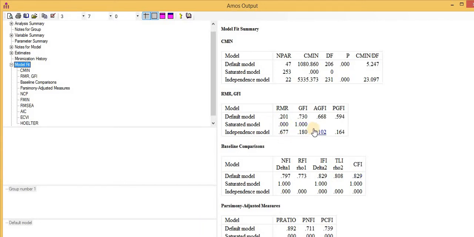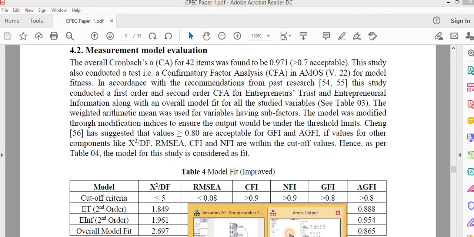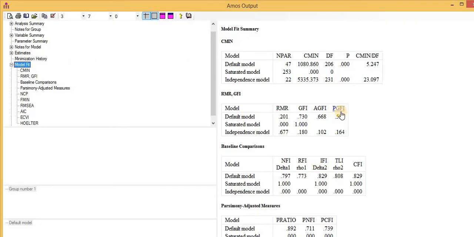There are many values which you do not need to report in the paper, but AMOS will show you all these values. You need to show only these values for model fitness: chi-square divided by degree of freedom, RMSEA, CFI, NFI, GFI and AGFI. There are other values as well, but you need to ignore these values.